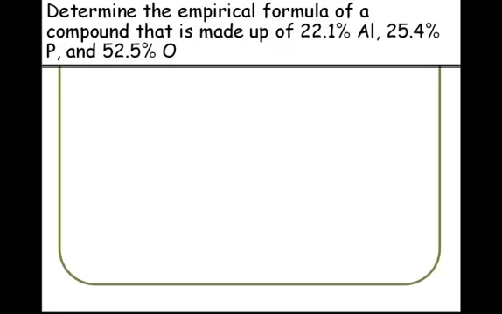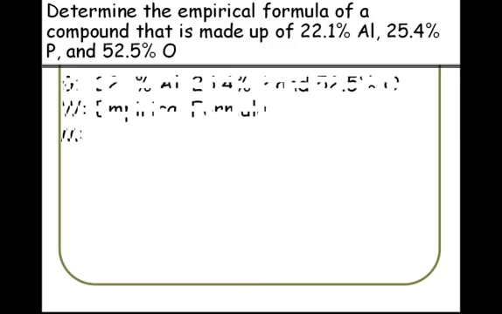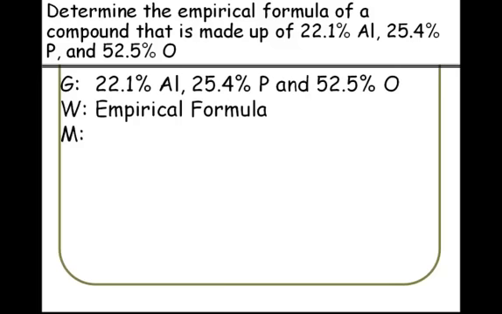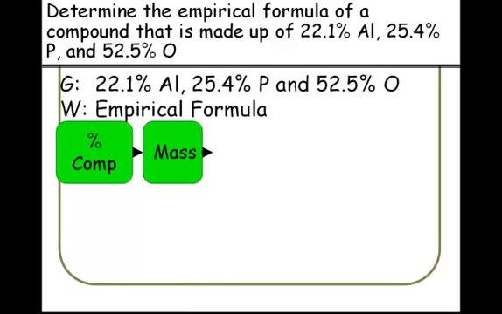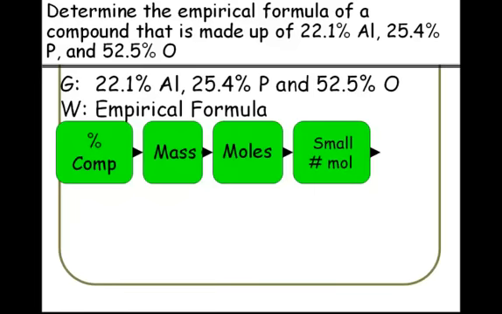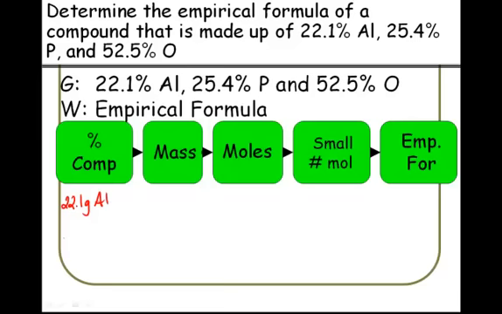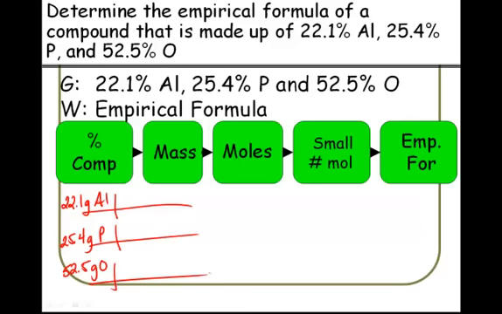Determine the empirical formula of a compound that's made up of 22.1% aluminum, 25.4% phosphorus, and 52.5% oxygen. Well, we're given our percent compositions, and we want our empirical formula. So starting with our percents, we'll go to our mass. From mass, we'll determine the number of moles. Once we have the number of moles, we'll divide by the smallest number of moles, and that ratio would then give us our empirical formula. So 22.1 grams of aluminum, 25.4 grams of phosphorus, and 52.5 grams of oxygen. If we don't remember our molar masses, let's go to the periodic table and look them